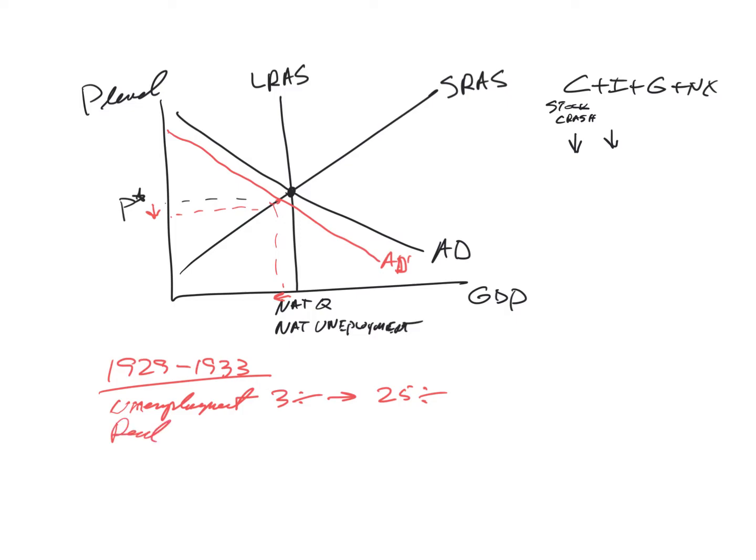Real GDP fell 27%. And the price level fell 22%. And the money supply fell 28%. Okay. So it was this collapse of the money supply right here